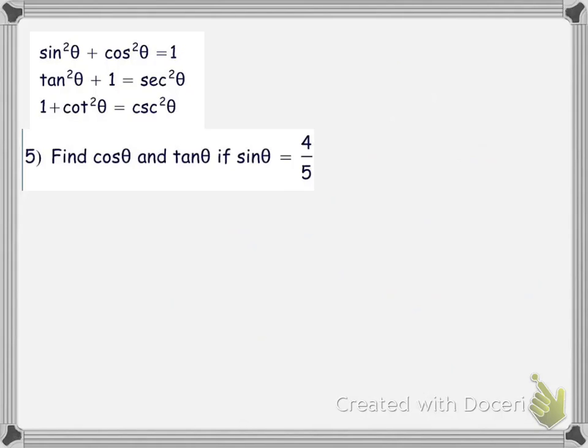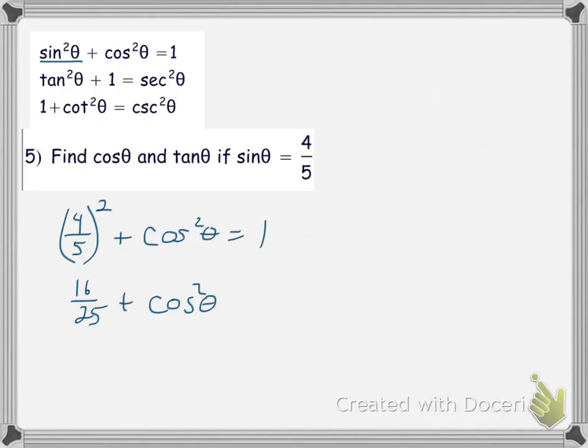So I'm going to replace this sine squared theta with 4 over 5. Now that's just sine of theta, so to get the sine of theta squared, I need to square that. Plus cosine squared is equal to 1. So when I square this, that becomes 16 over 25 plus cosine squared is equal to 1. If I subtract the 16 over 25, I get cosine squared theta is equal to 25 over 25 minus 16 over 25, right? So that's going to become